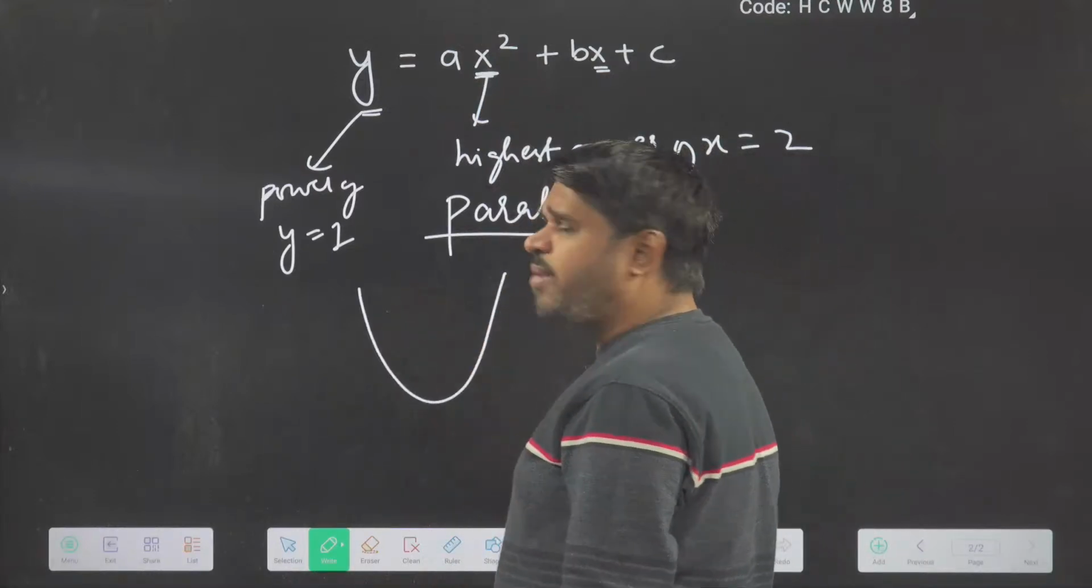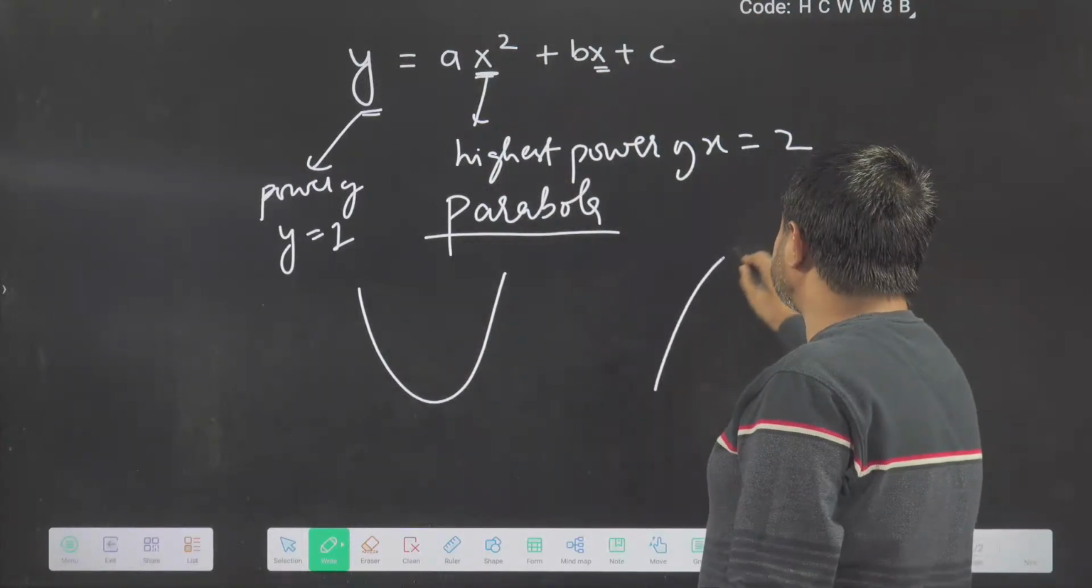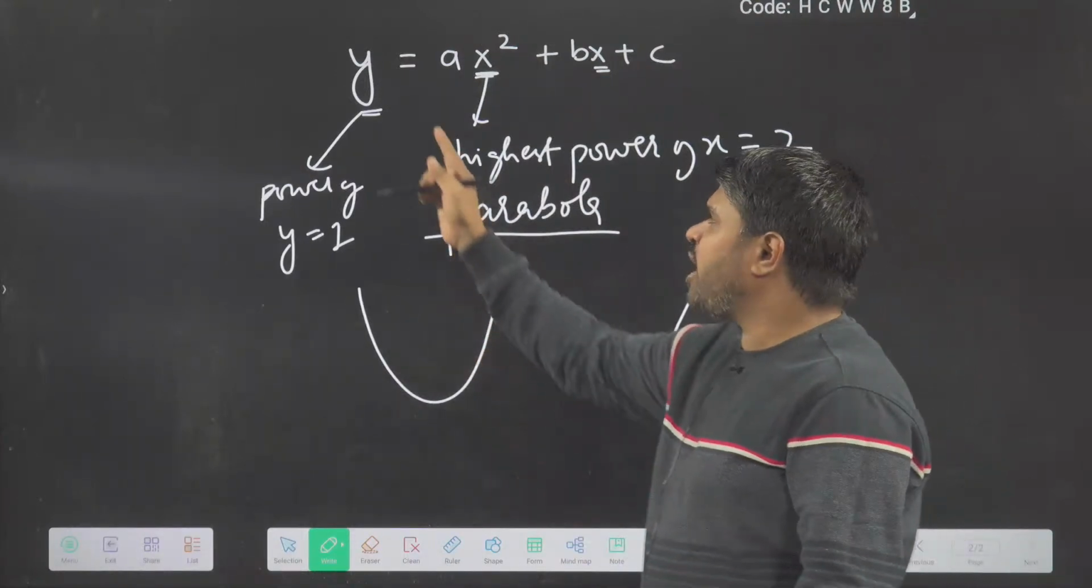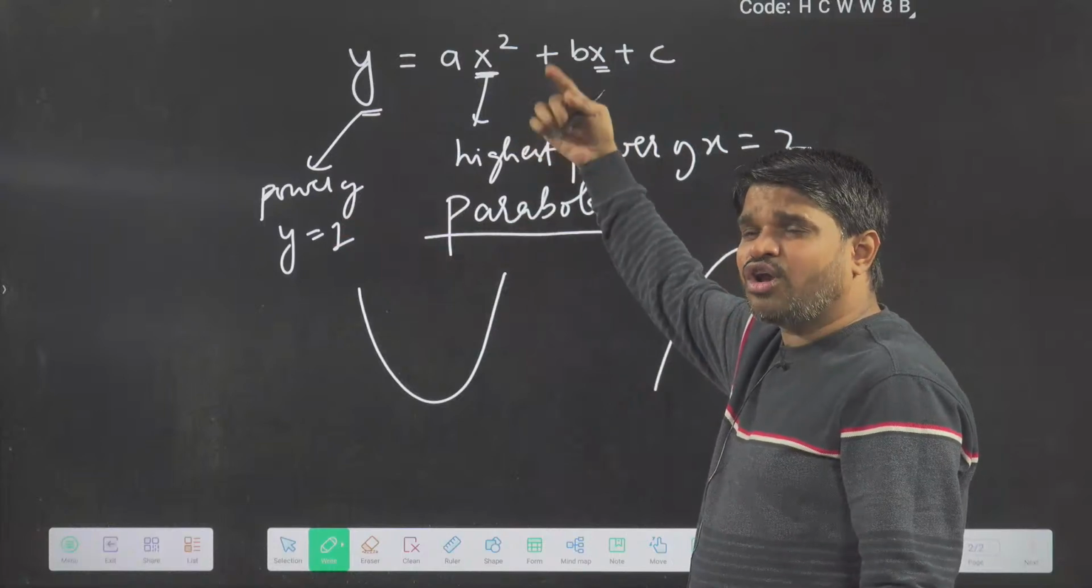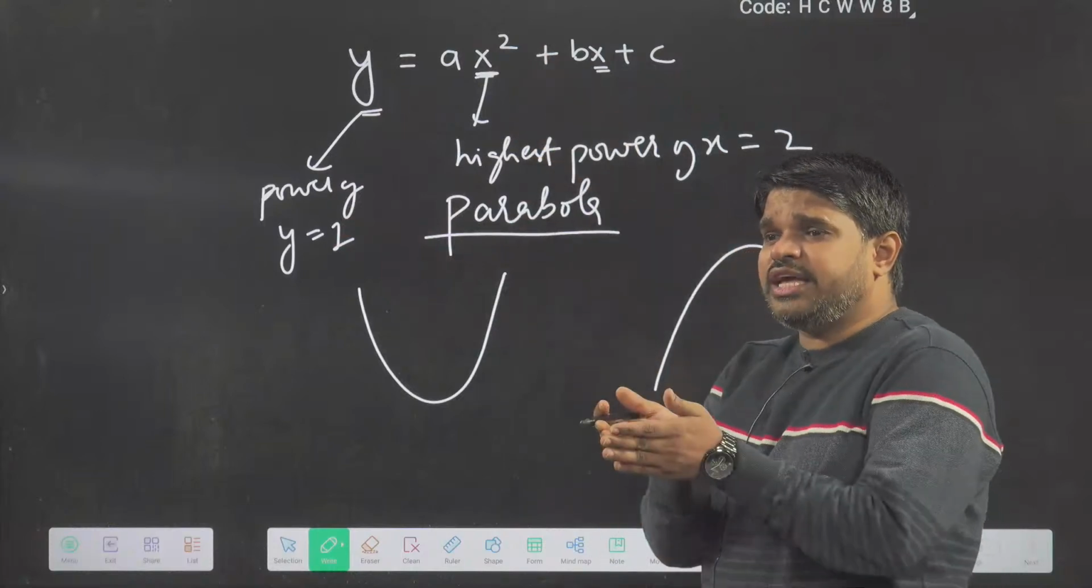Now when you have a square of x, then you have either this kind of parabola or you have this kind of parabola. So when you have y as a single power and the power of x is what? 2, then you have